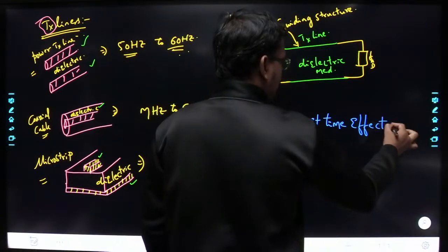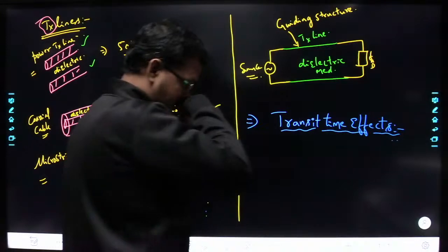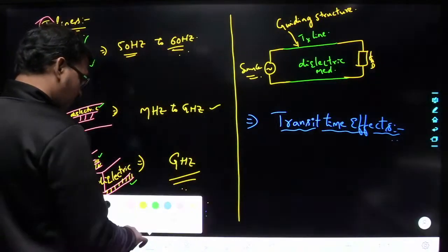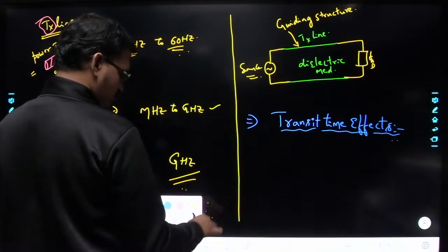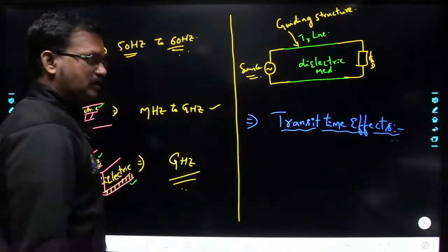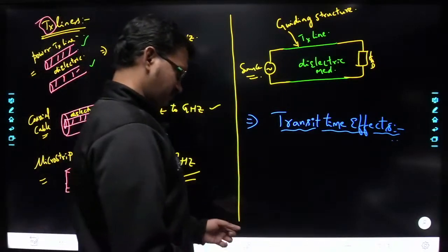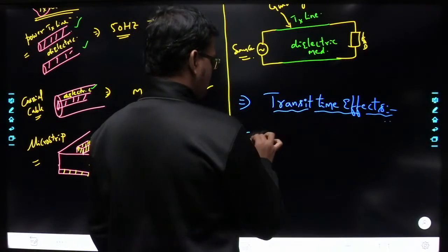Okay. Transit time effects. This is what we are going to study in this session. If possible, I will also start the distributive nature along the transmission line. But first we will complete this transit time effects. Yesterday I asked one question: whenever you are dealing with circuit theory,